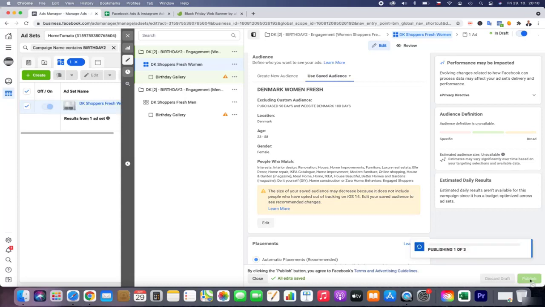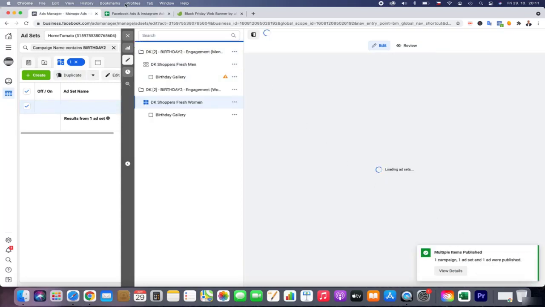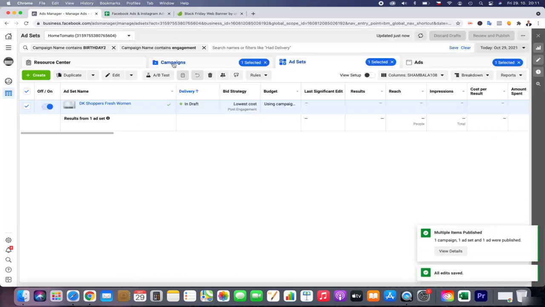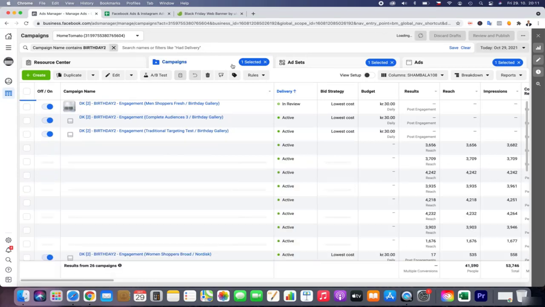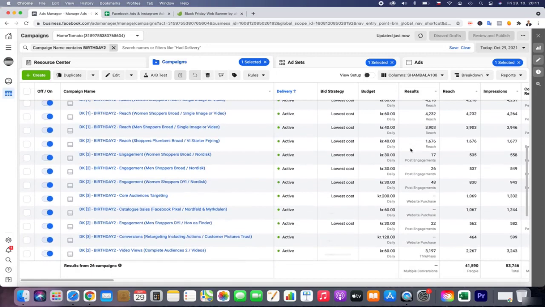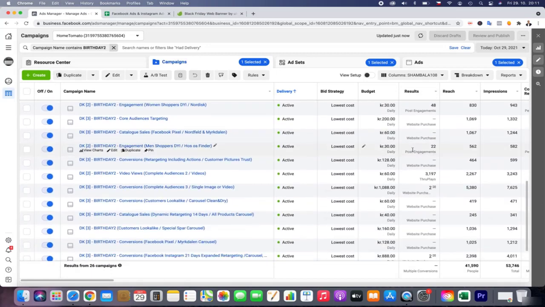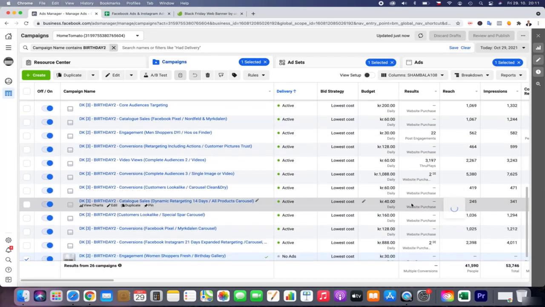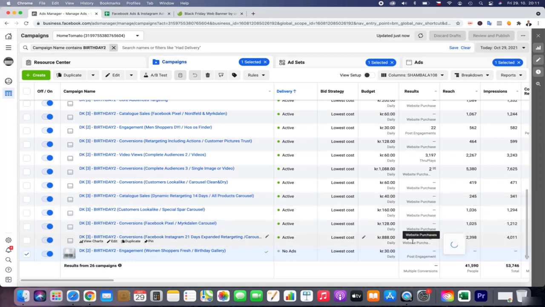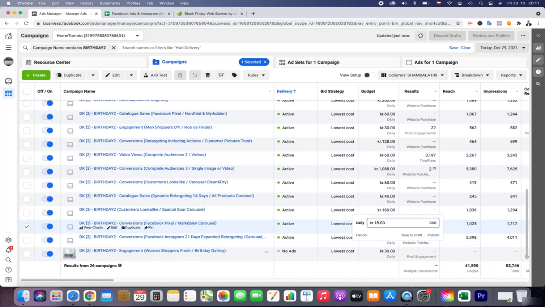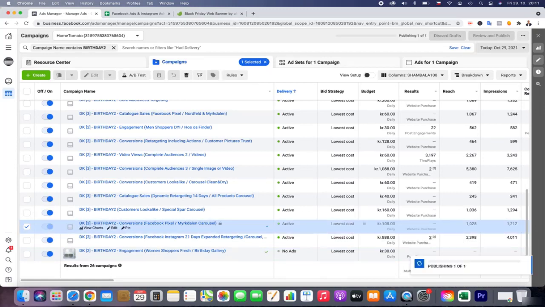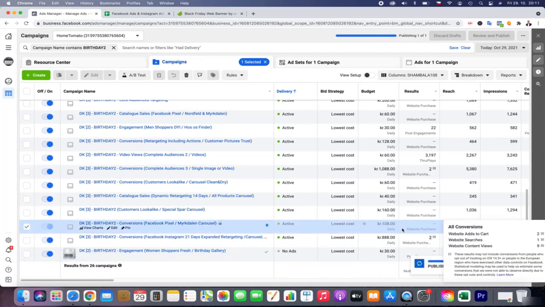I honestly believe this is the right decision. So as you can see, we are getting the most power when we engage, and then we retarget the engagement. As you can see, the engagement is becoming very important for us. And I honestly believe we should really go this way. It's getting a lot of power.